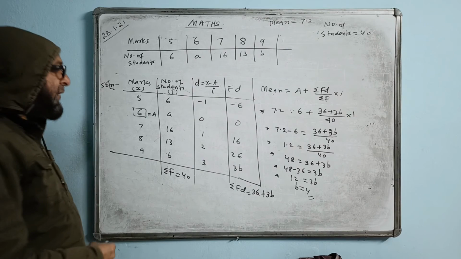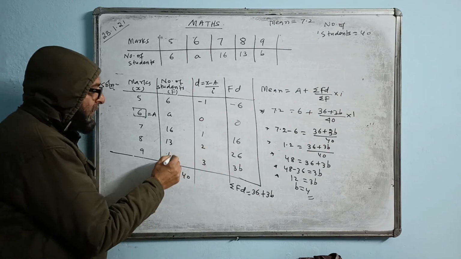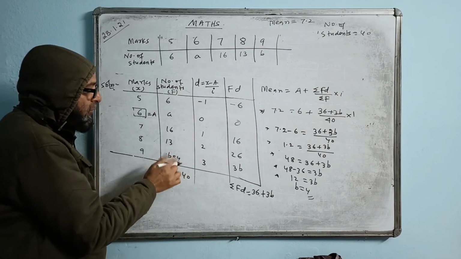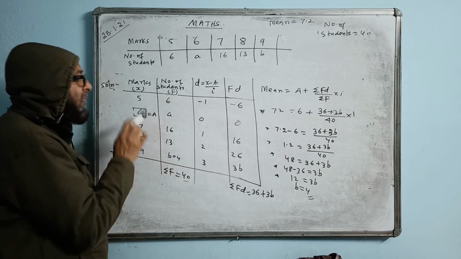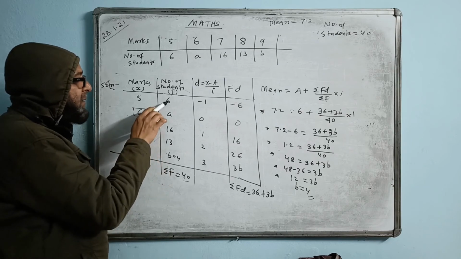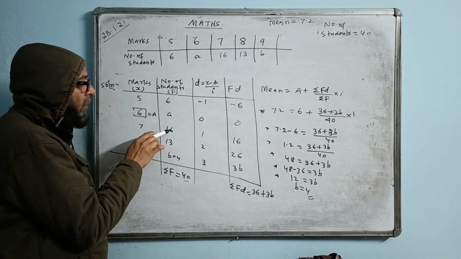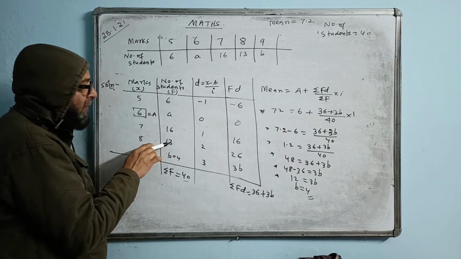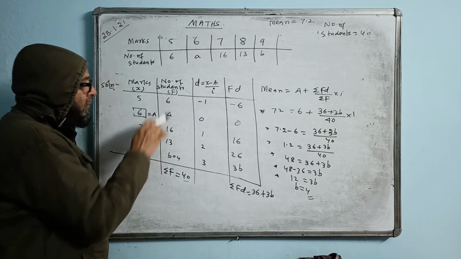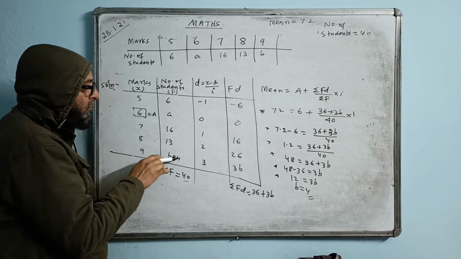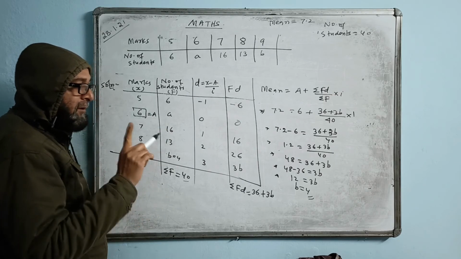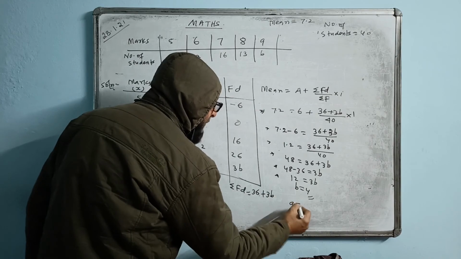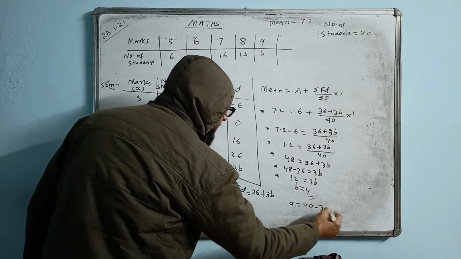Now, how to find the value of A? Let us put the value of B back here in this table, summation A. We know the total of all these values is 40. Let us check what should be the value of A. The total must come 40. Let us add 6 plus 16, how much? 22. 22 plus 13 is 35, plus 4, 39. This gives the answer 39. How much should be the value of A then, in order to make 40? Therefore, the value of A we write here: 40 minus 39. The answer is coming 1.